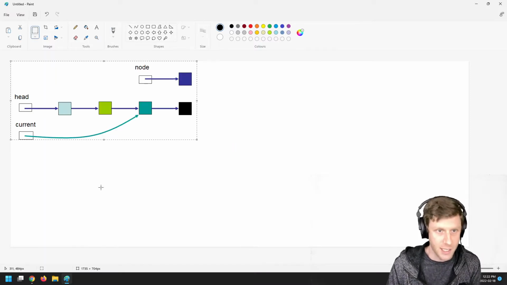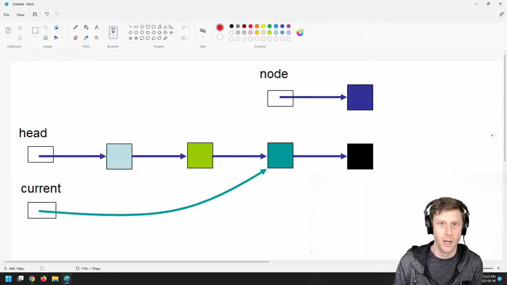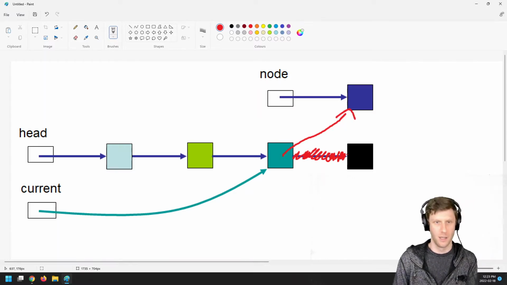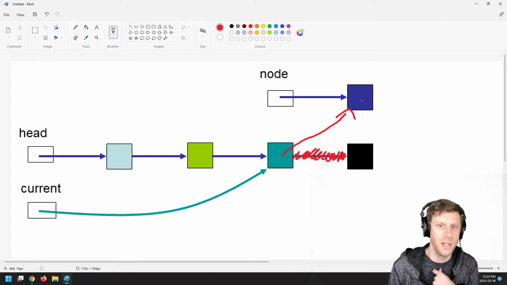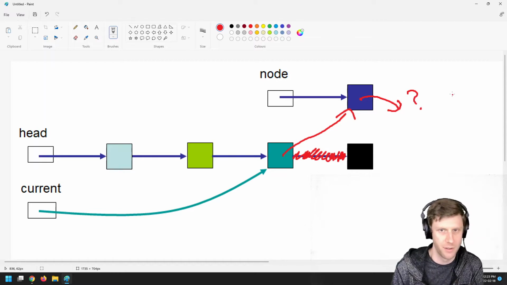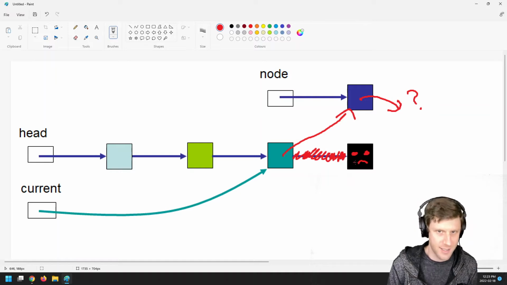If I show up and say, okay, current, don't reference black anymore. You reference the new node, right? Now, what do I need to set this new node to be referencing? Well, it should be the black box here. But the problem is that we have no reference to the black box anymore. And if we can never get access to this thing anymore,